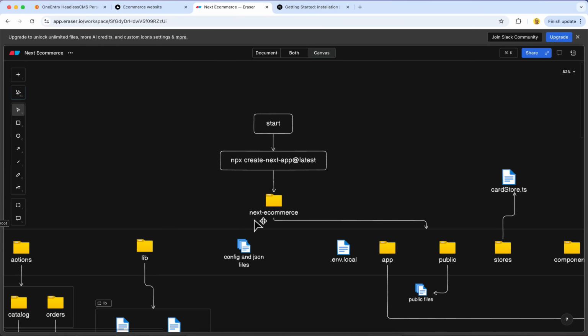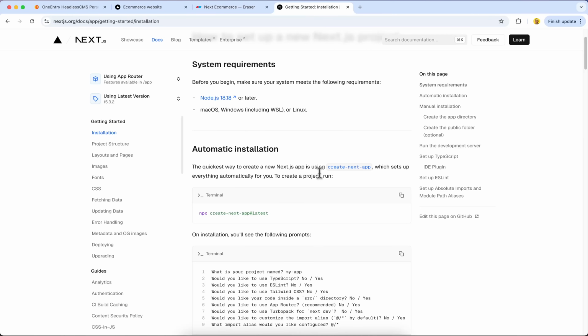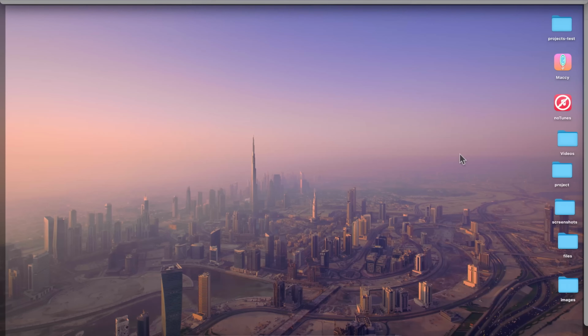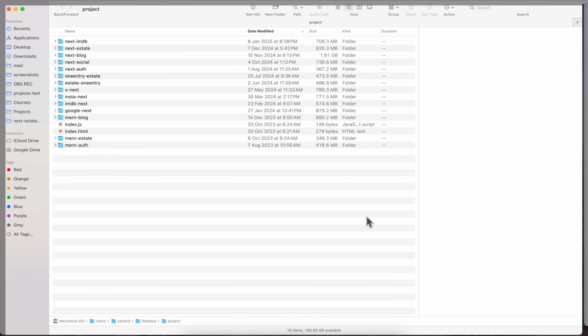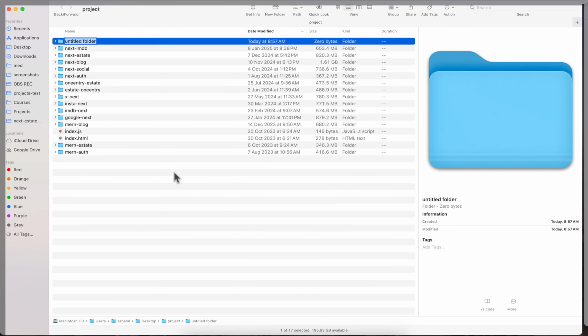So we just create a folder called Next e-commerce. And then we're going to run this command, which is available inside the Next.js website. So I'm going to create a folder. Let me go to my desktop. I go to my project folder. I'm going to create a new project called